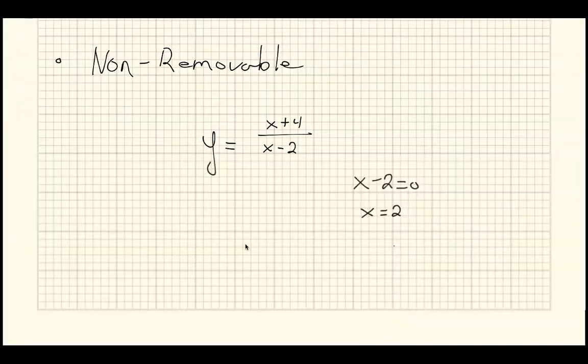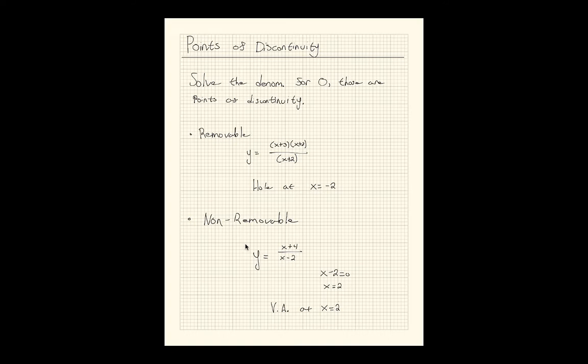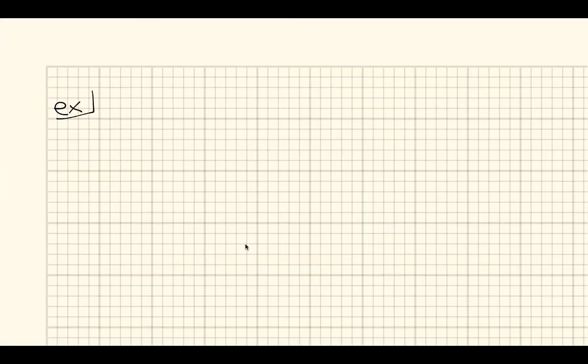So this would be a vertical asymptote at x equals 2 in this case. Okay, so let's go ahead and practice one of those. An example, if I said find the points of discontinuity,